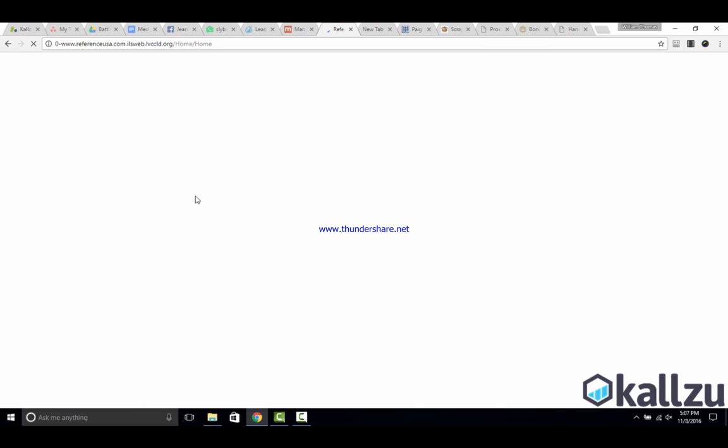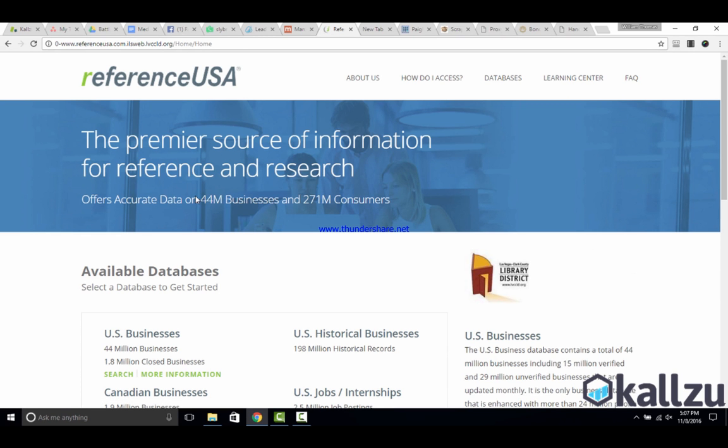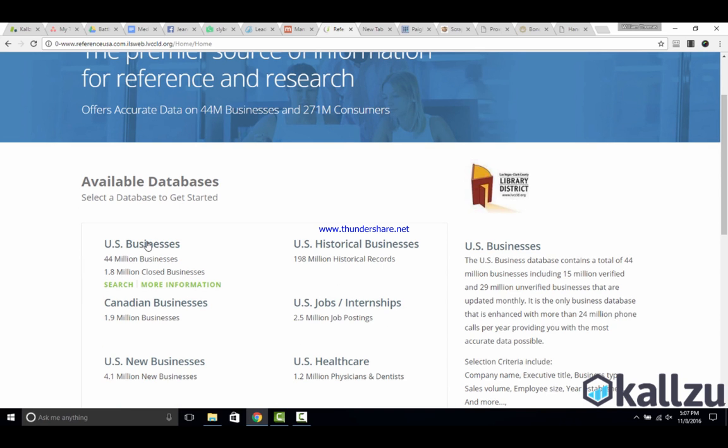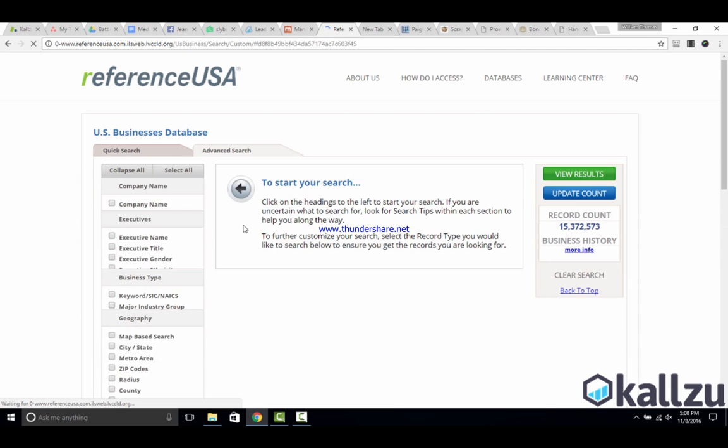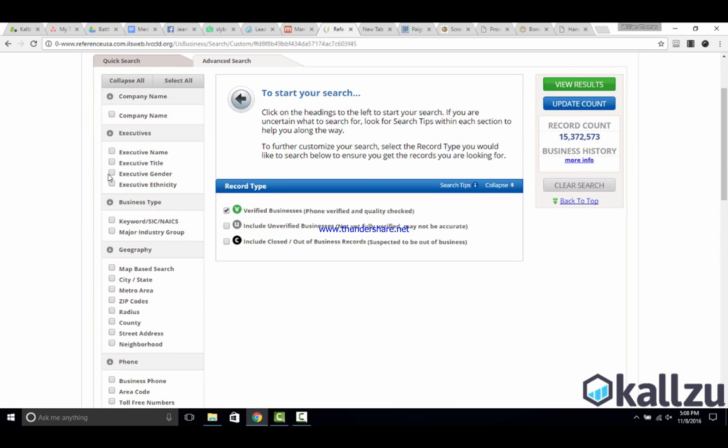It should remind you a lot of Info USA because it's pretty much the same data. The only difference is I'm selecting U.S. businesses here. It's not the same data because of the email addresses. You don't get email addresses. So I'm going to click on Advanced Search, and you can see here there's so many different things you can select from, just like in